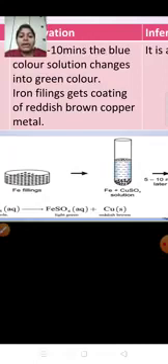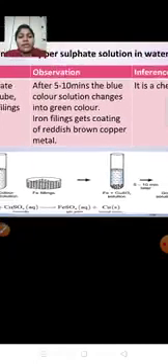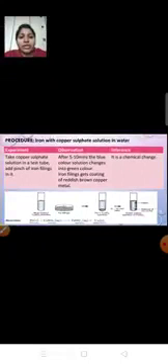And we get copper as deposit on the iron filings. Okay, so it is a chemical change because over here a new substance is formed. Now this you have already done in your lower classes. Now we'll come to the next chemical reaction,